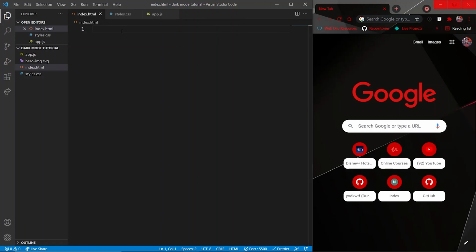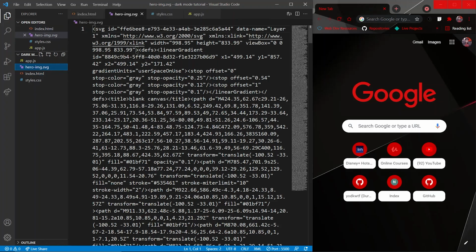So I have my folder open in VS Code, and the folder has 4 files right now: an HTML, a CSS, a JavaScript file, and we have an SVG image that we're going to use for the landing page.